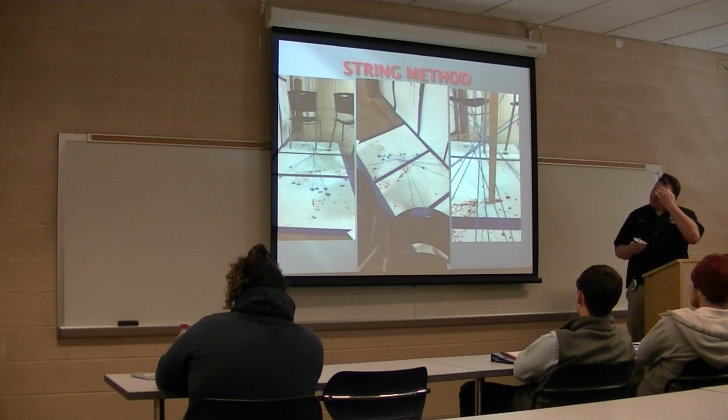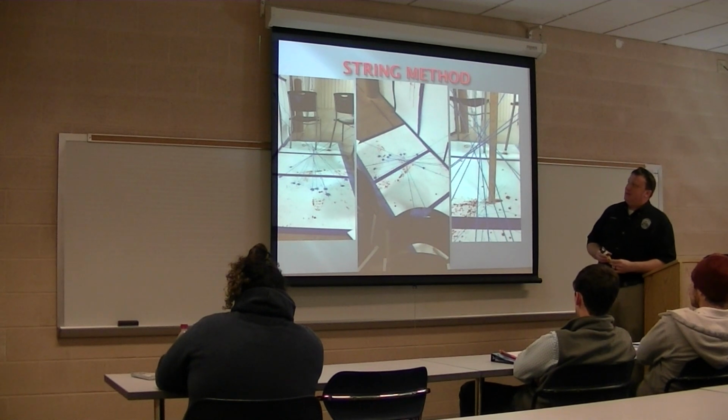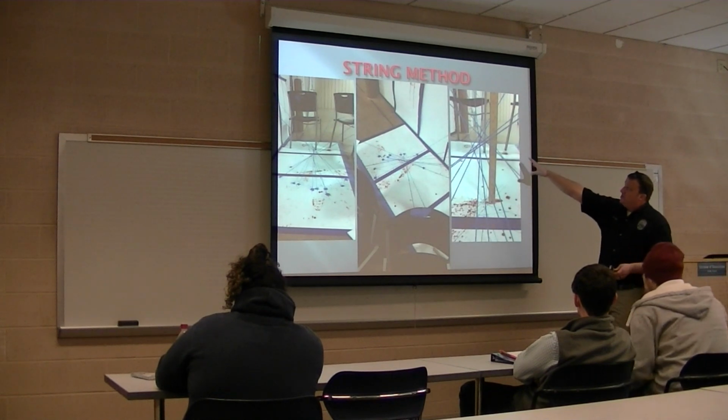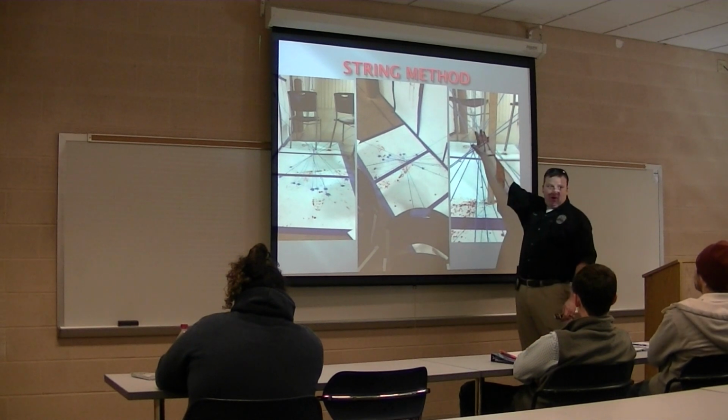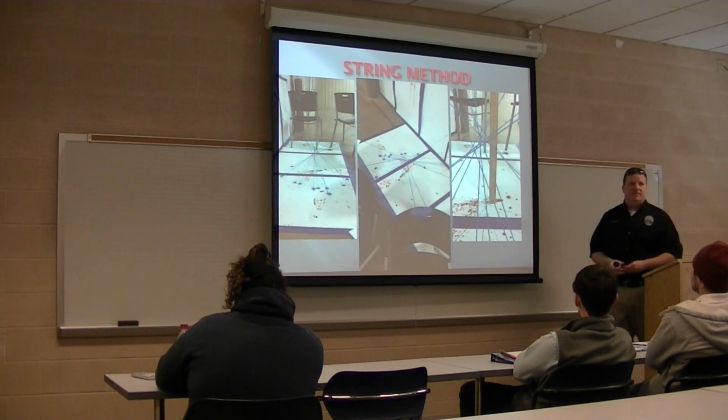And this is how we do that. It's called stringing. You're measuring each individual drop. You're picking out several, 10, 15, 20, however many. You're getting the angle of impact of those stains, and then using yarn or string from that surface, you're taking those angles, taking the string to the angle that stain is at, and run it out into space. You're doing that for each one. And where all these strings come together, where all they start crossing, think about somebody's head being right there. That's where that stain originated